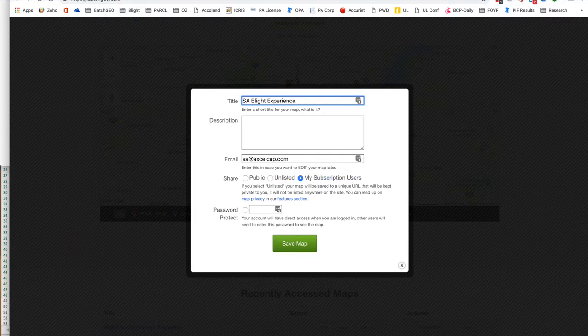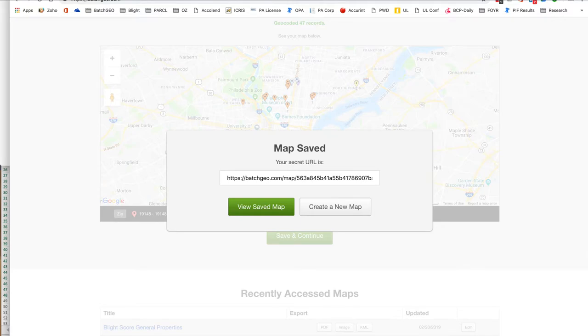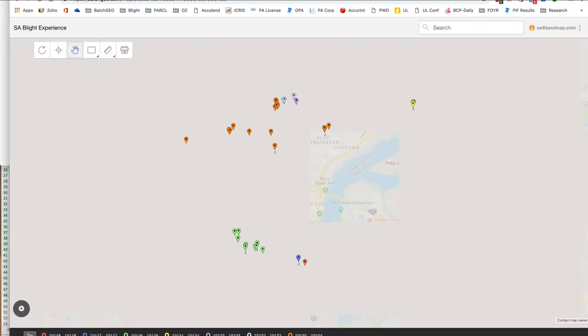I'm just saving these to my subscription users, which is you and Terry right now. I don't really put a password on it. So I save the map, and there it is. I can view the saved map. Now, when I look at this map,